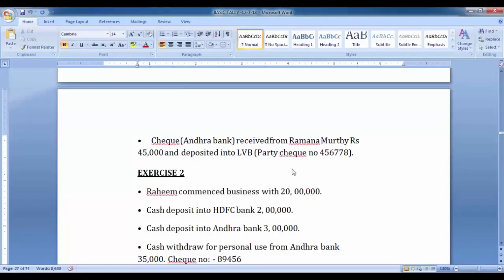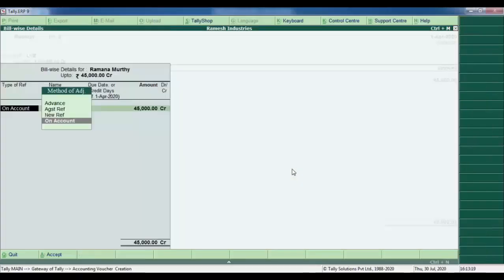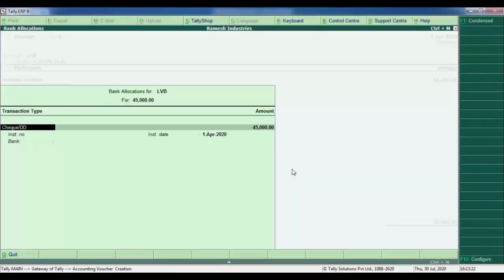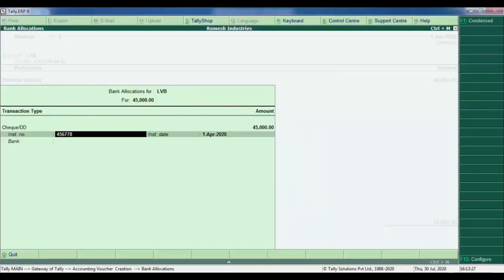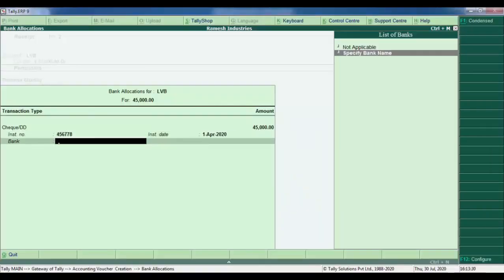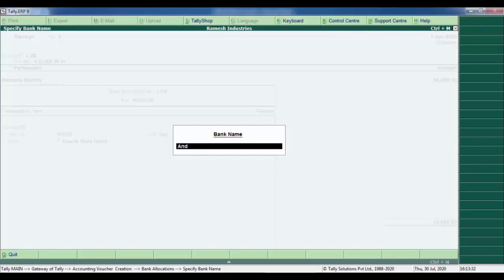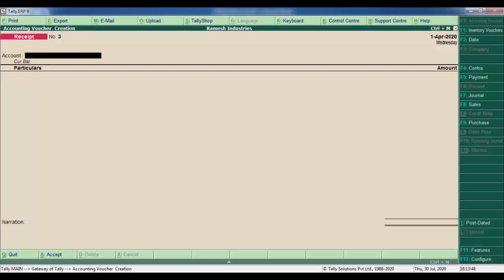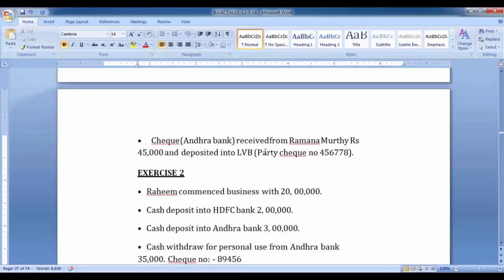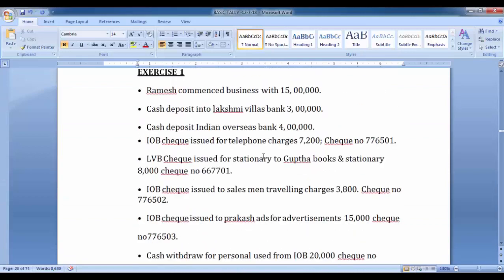The amount is 45,000, the instrument number is 456778, the bank name is Andhra Bank, being check received. Save. So the first set of transactions is completed.